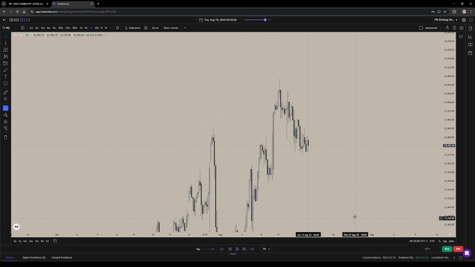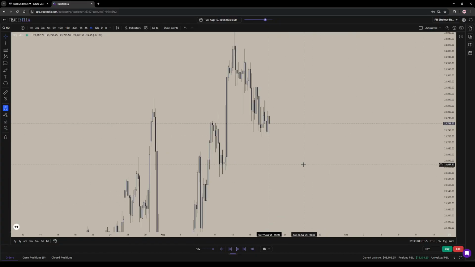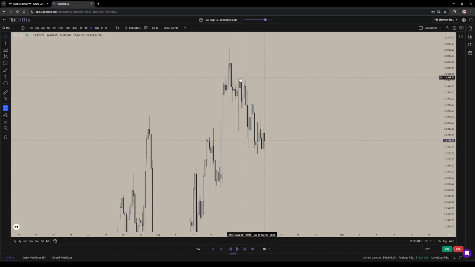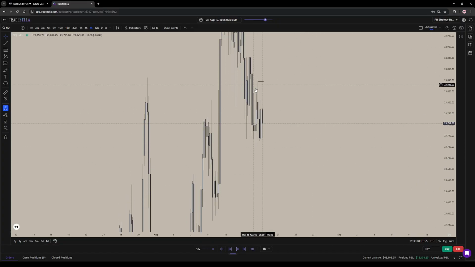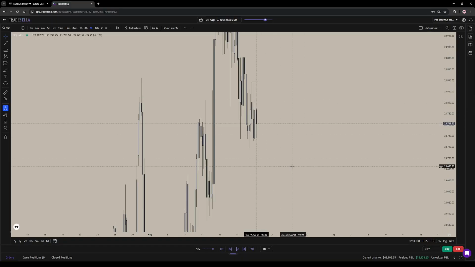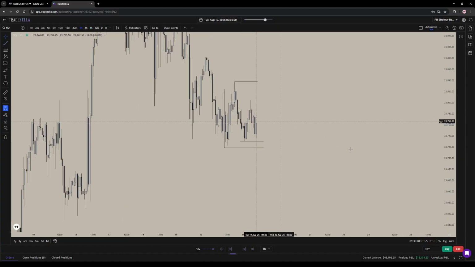Looks like we're still printing lower. It's quite choppy though, we're stacking loads of high time frame LRL to the upside, but we can't presume long until we start displacing through bearish PDAs and delivering from sell side liquidity. Right now we're delivering from this 4 hour gap and continuing lower, so we just gotta presume bearish until proven wrong. We've got these stacked sell side liquidity right here, which could be decent little DOLs for today,